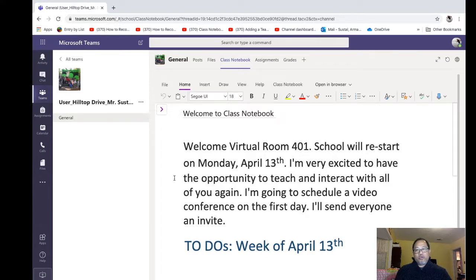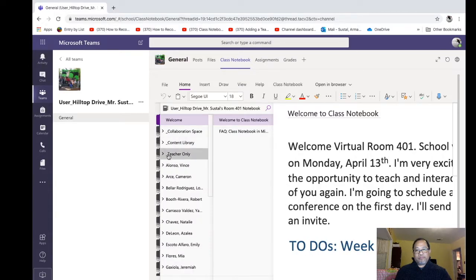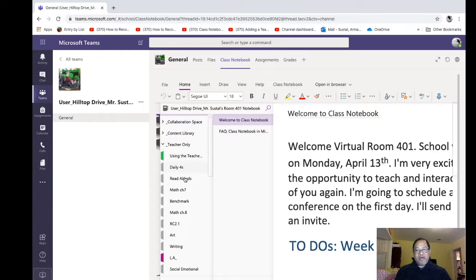And what I wanted to do is show you my teacher only section. So I'll go ahead and open that. Here we are. And notice I have all these folders. I think initially when you enable the teacher only section, you only have one tab. So one of the things that I want to show you is how to add a tab. To add a tab,